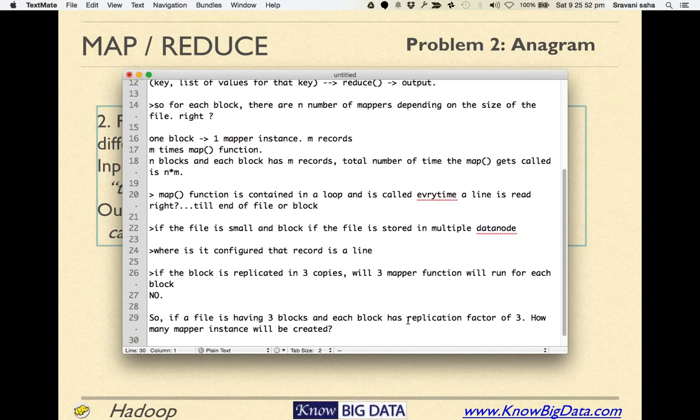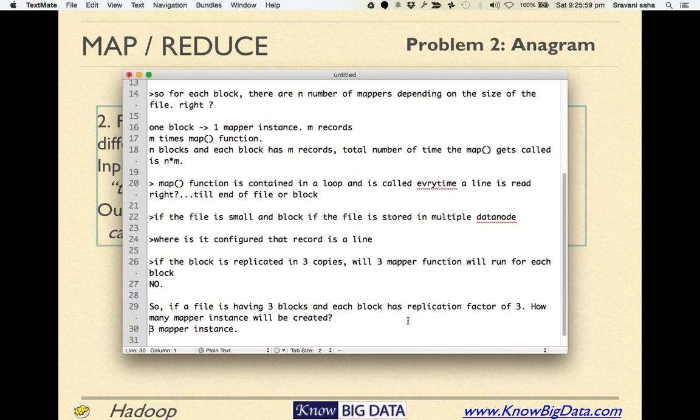That's correct. There'll be 3 mapper instances. Okay. Now, there'll be 3 mapper instances. All right. Now, you might wonder, then what's the point of having a replication factor? Can't we utilize that? It does. First, out of